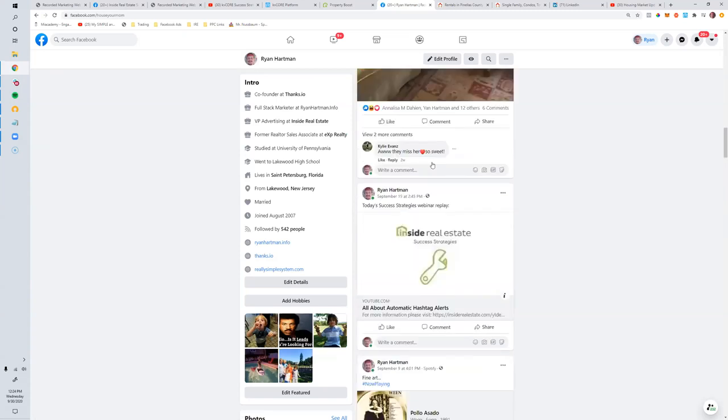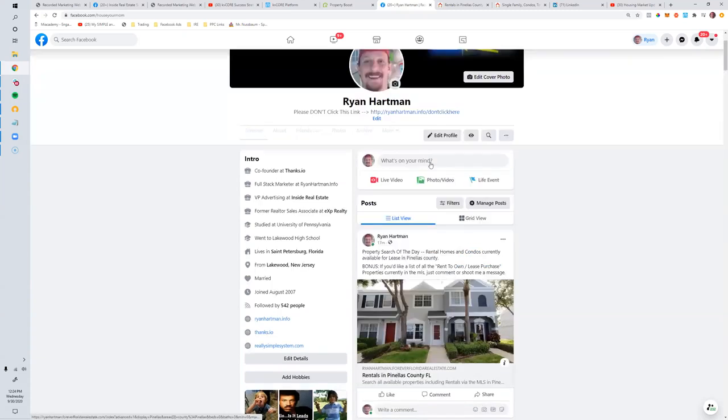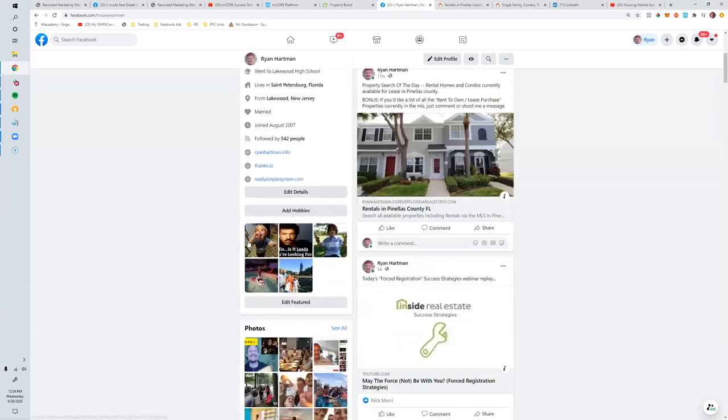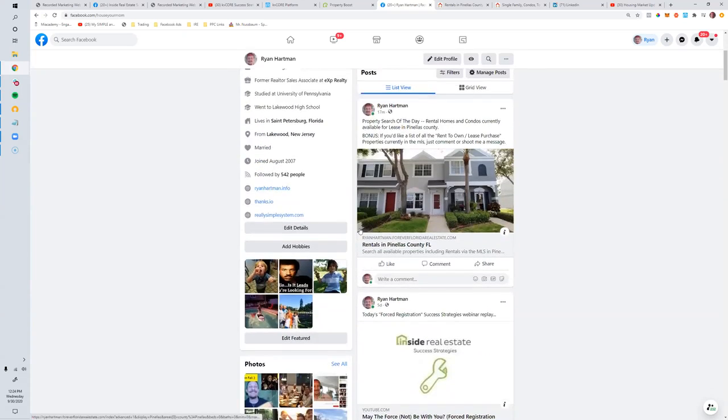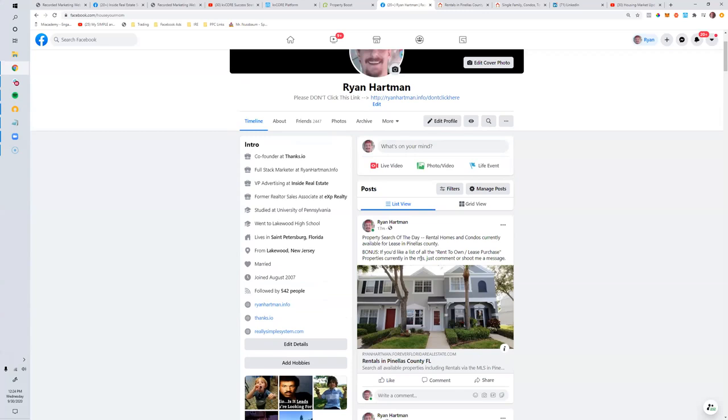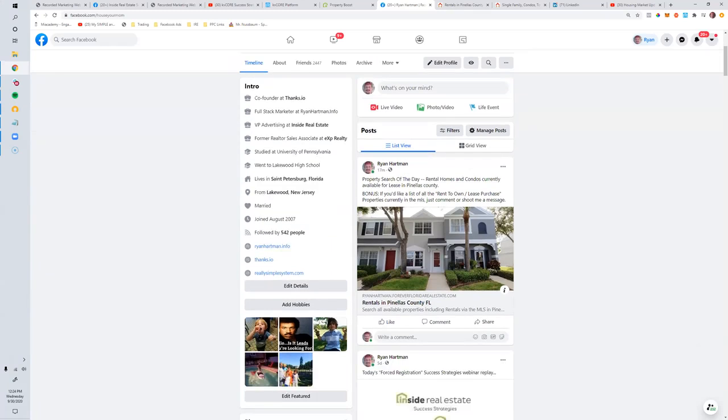Yeah, and then if you mix in the real estate stuff, it doesn't feel like you're only using your profile for business. But if you have a few hundred, maybe a few thousand people on your personal profile, every time you post something, maybe even if it's only 50 of them who see that you go, oh, Ryan posted a property search today, subconsciously like, oh, he's in real estate. So what happens is you generate conversations while you're out and about and while you're interacting with people about real estate naturally.